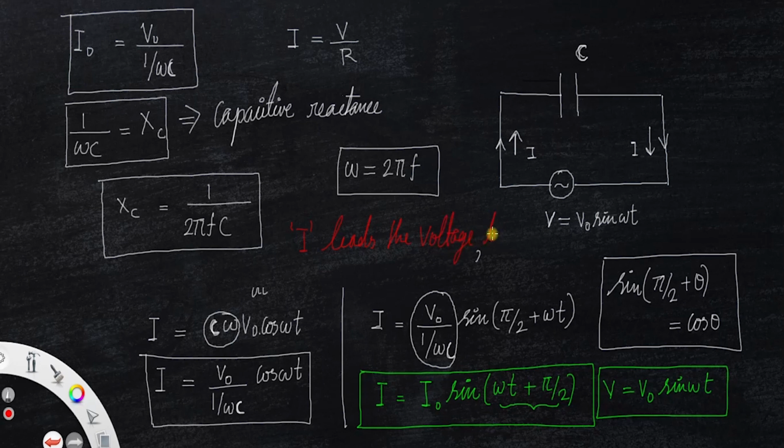Current leads the voltage by a phase angle of pi by 2, which means current is always ahead of the voltage, or in other words, voltage lags behind the current by a phase of pi by 2. Clear? Now, if you draw the phasor diagram,